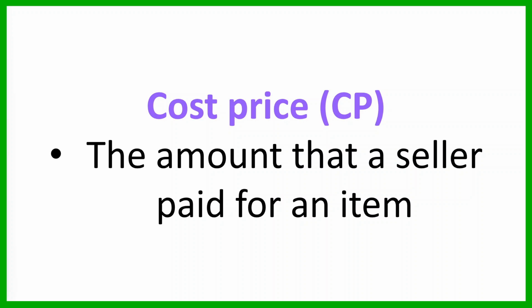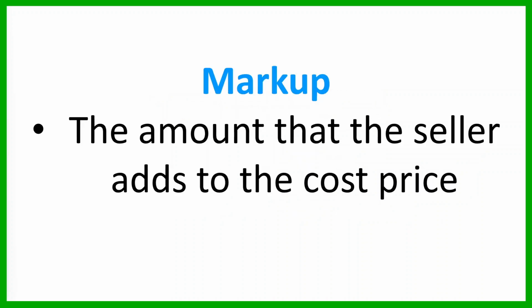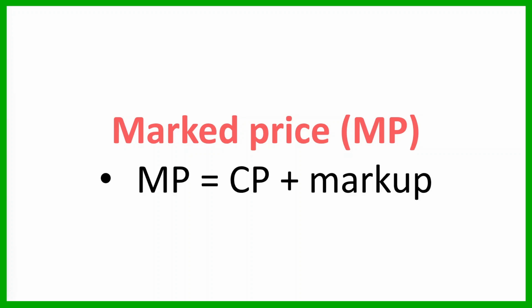Okay. Then we have the markup. The markup is the amount that the seller adds to the cost price so that they can actually make some money. The markup is calculated as a percentage of the cost price. The marked price, or the MP, is calculated by taking the cost price and adding the markup, whatever that markup was. Okay. Then if there's a discount, it is worked out as a percentage of the marked price,